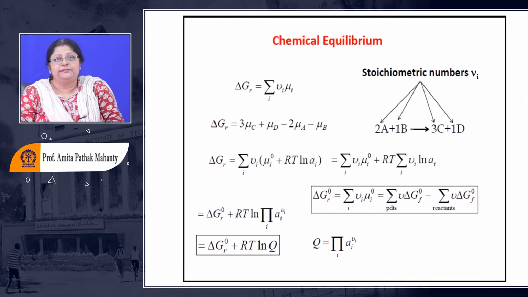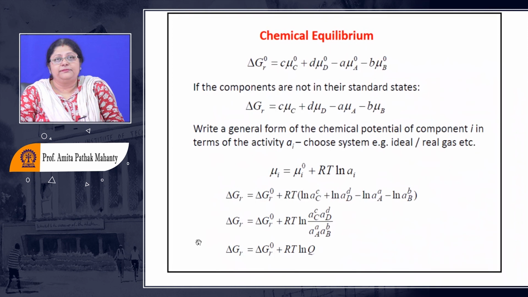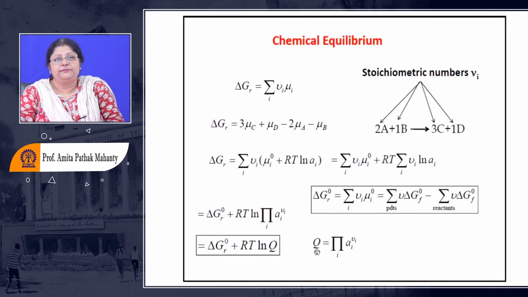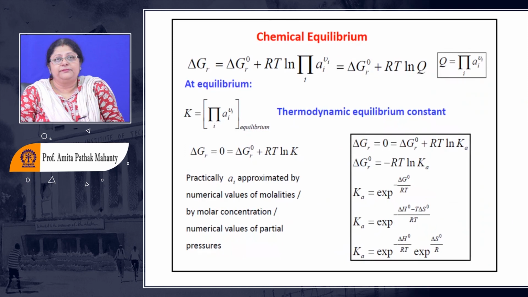So you remember, this is the reaction which we are writing down. This is becoming equal to 0. So the standard reaction delta G at equilibrium equal to minus RT ln Q is what we are looking into. When we say that all the activities are at their equilibrium state, then this Q becomes equal to K. Okay. It's the same thing which I have written again. If you have any doubt, you can always visit this slide. Okay, so from here we can find out what is the equilibrium constant.